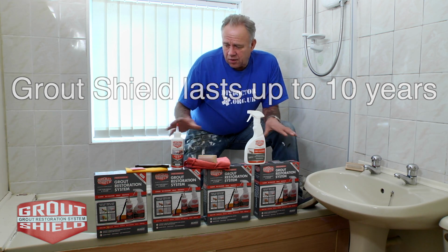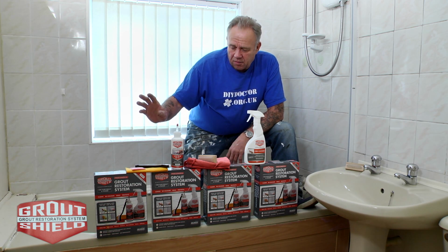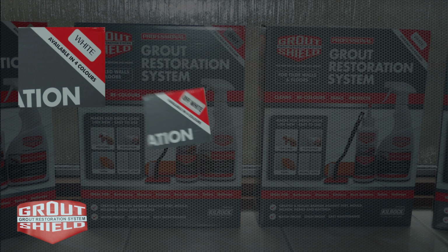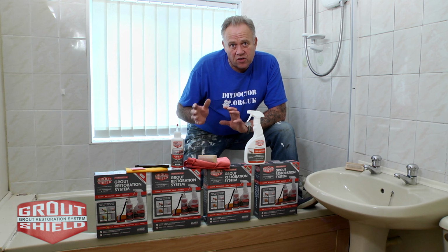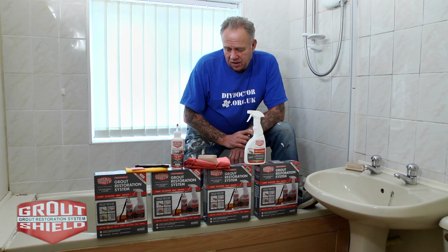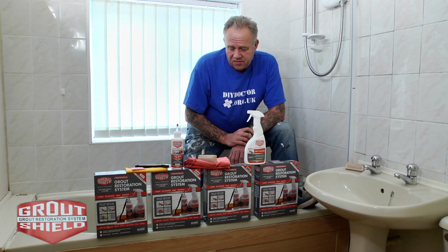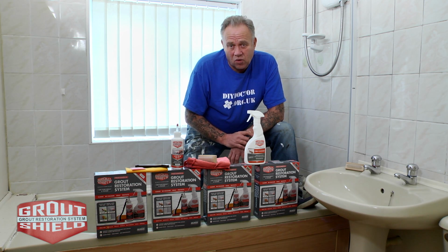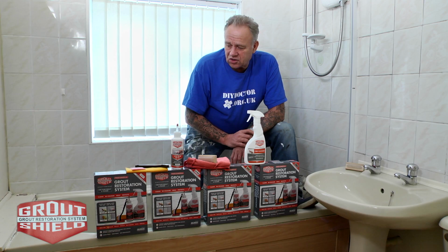So before I explain how the Grout Shield system works, let's have a look at the colours. We've got a white, an off-white, a beige and then a grey. So we're pretty much covered for normal bathroom colours, and we're going to do this wall immediately to my left. First we'll have a close-up look at that wall before we've started, and then I'll explain what we're going to do using the different components of the Grout Shield